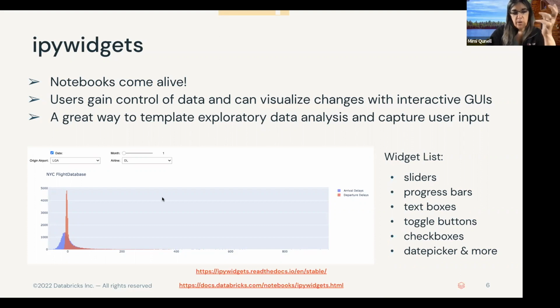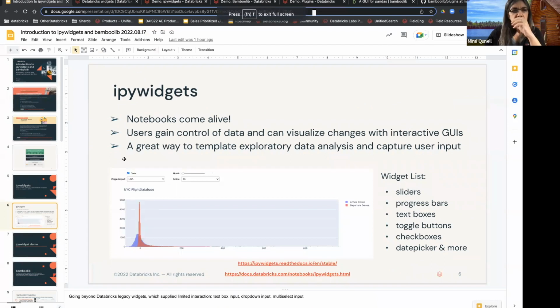For instance, this particular one was written with ipywidgets. So you've got a checkbox, you've got a slider, you've got two drop downs, and the results of this affect how the graph looks. And this is available in the notebook. So we're going to actually jump into this right now, and I'll show you some of the different options that are available and how that code gets written. So let's jump over to